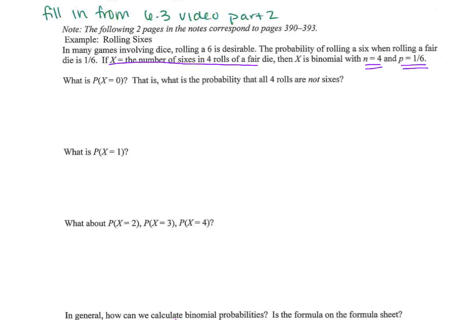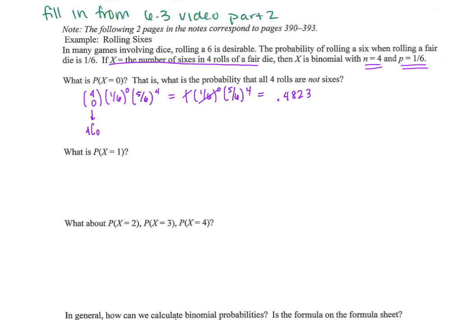So if I want to know the probability that I get 0 sixes in 4 rolls, then it would be 4 choose 0 times the probability of success 0 times, and the probability of failure 5/6 to the 4 times. So I succeeded 0 times and I failed 4 times. Well, 4 choose 0 in the calculator is just 1, times 1/6 to the 0 times 5/6 to the 4th. So that's just 1, that's just 1. So now 5/6 to the 4th is